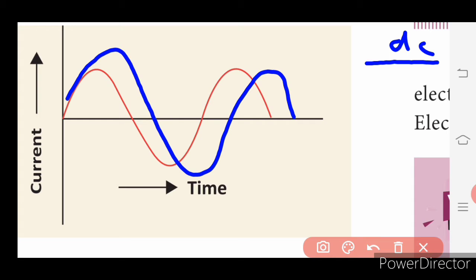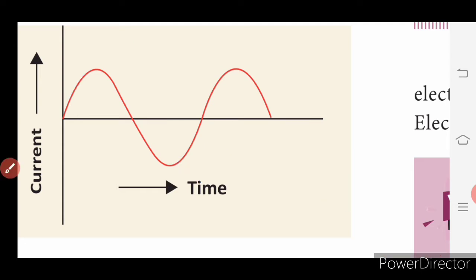You can calculate the frequency from this node to this node, or from this starting point to this point, from this end to this end. Wherever you want, you can calculate the alternating current, where the current gets altered, easily. Such a wave formation, an altered current wave formation, is called alternating current.